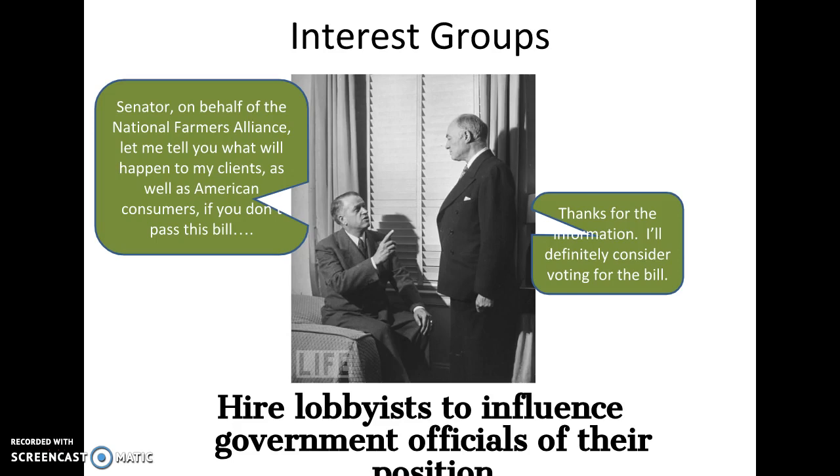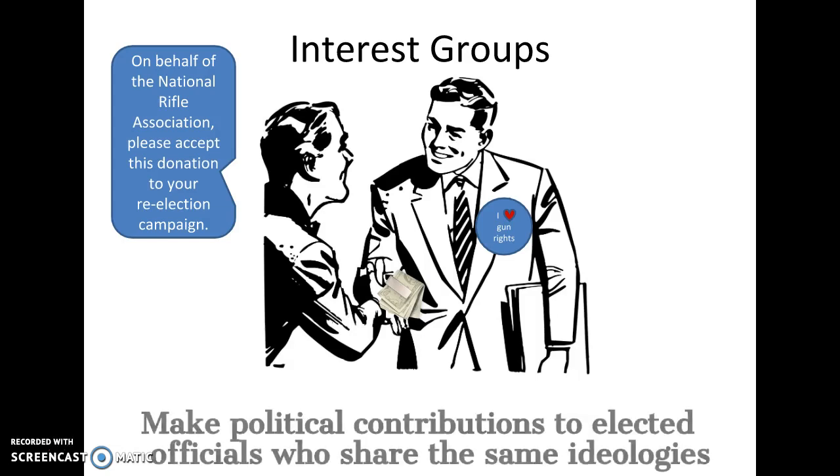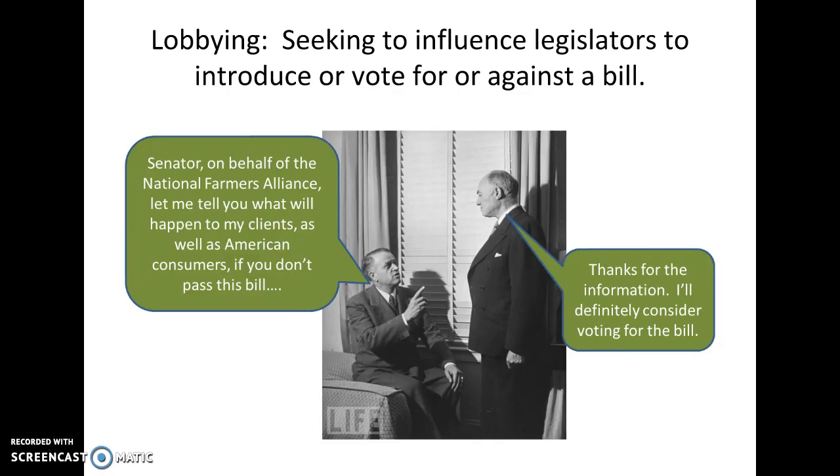So those interest groups hire people to go and talk to senators, show them the research, trying to convince them one way or the other. So lobbying is just seeking to influence legislators to introduce or vote for or against a bill. And those are the people that are going and having meetings and sending emails and trying to convince the